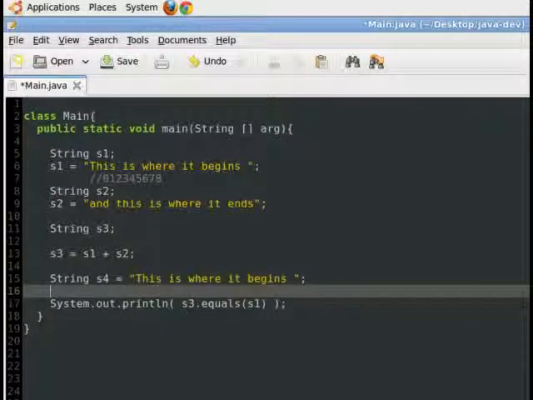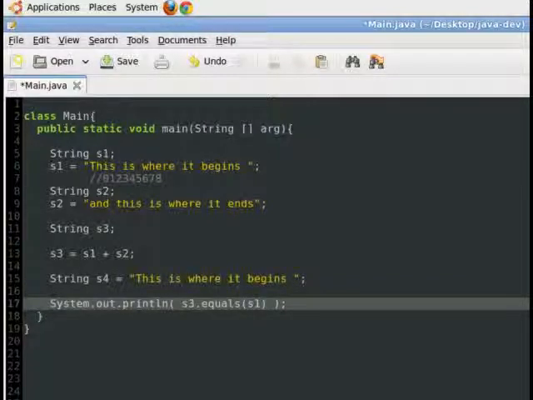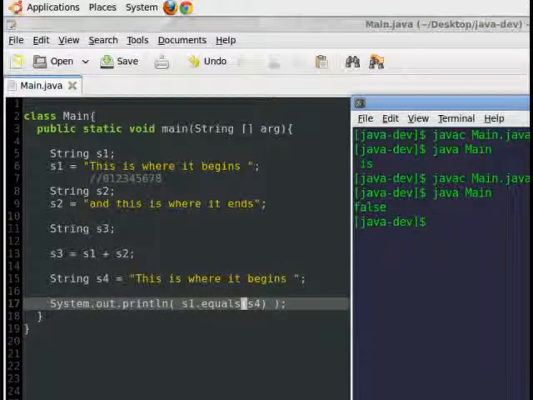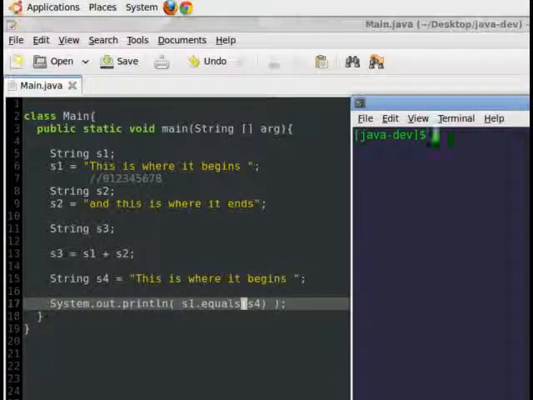So now I have s1 and s4, and they both have the same values, and if we compare them using the equals method, so if I say is s1 equal to s4, the compiler will result in a positive response like this,